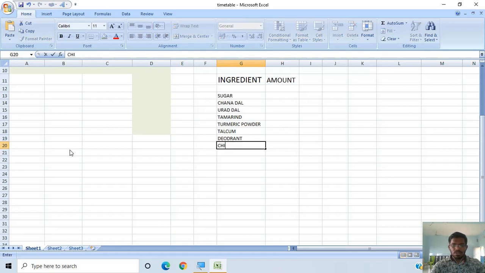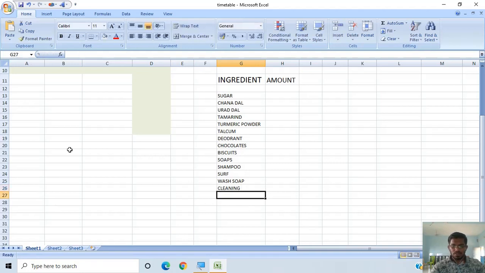Next we will take different types of values, up to 10 or 12. So chocolates and biscuits, and some different soaps, and shampoos, and let me add some more, like surf, and finally bath soaps, wash soaps, and cleaning items, and finally I will write about books.